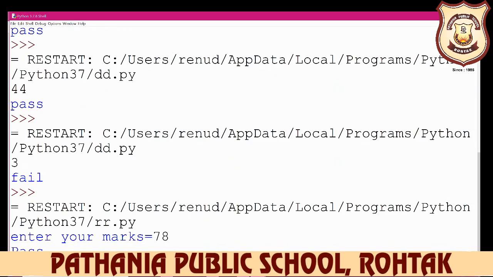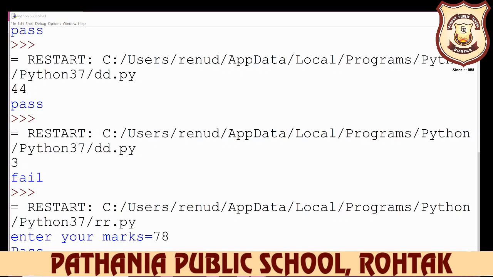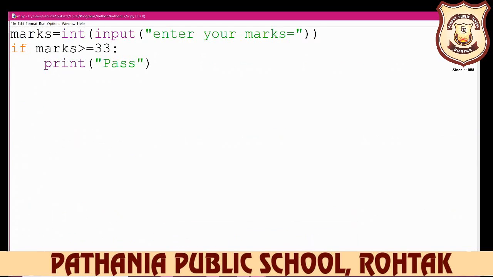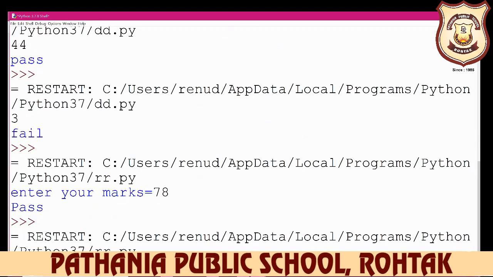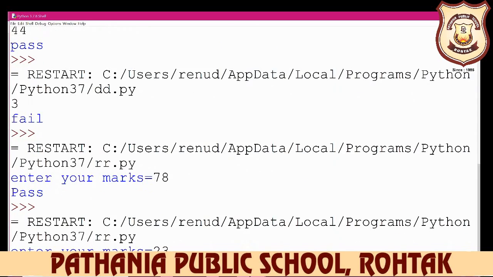But if my marks is less than 33, then what? Then again open your Python program and run it again, then see the output. This time I have input 23 marks. So when we input 23, my program will exit.